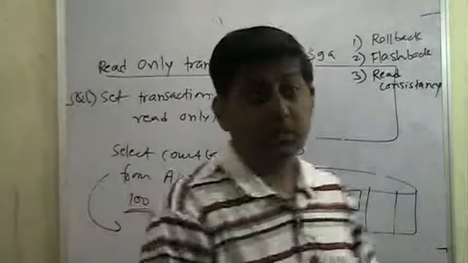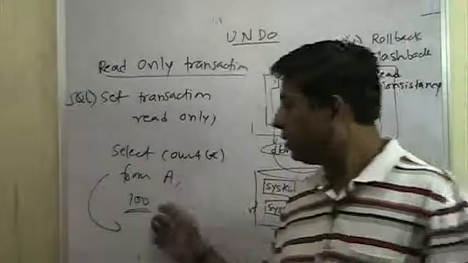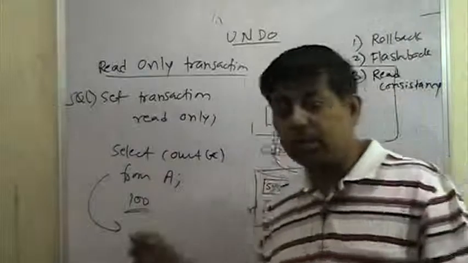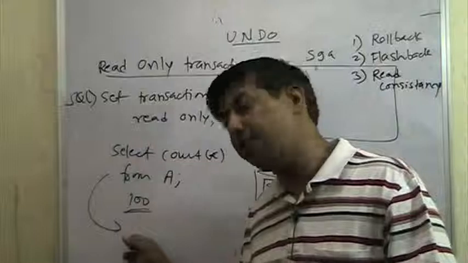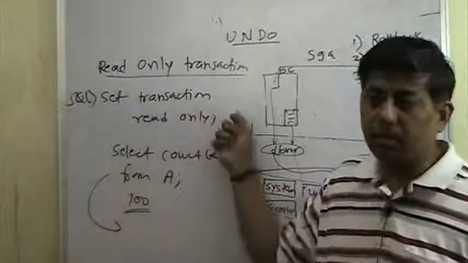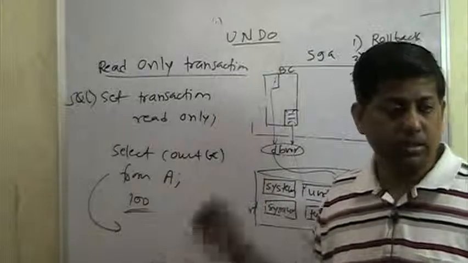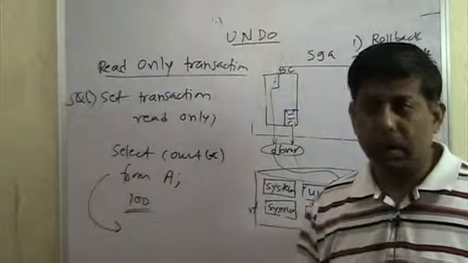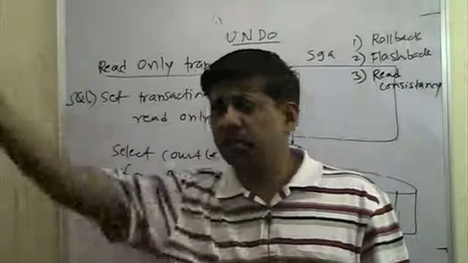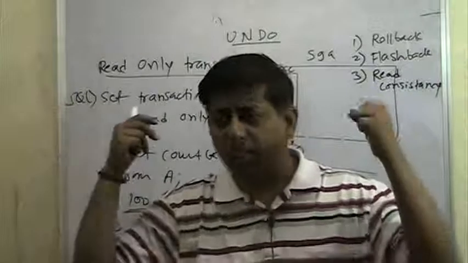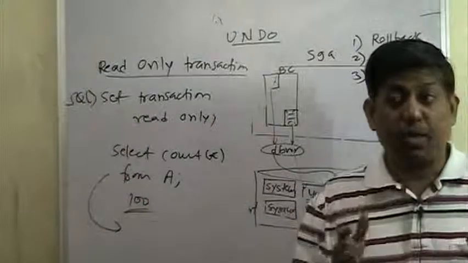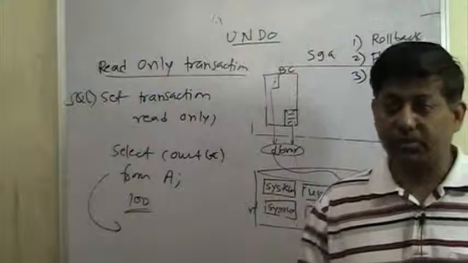What should I see if this was a normal transaction? I would see 0 rows if this was a normal transaction, because that guy has done a commit and I am starting my select statement after he has done a commit. But here, because of this command, I will see 100 rows. So I am acting as if I am the only one in that database. Some other guy came in, he deleted, he modified, he did whatever he wanted, but still my data is intact to me as if I have started this thing.